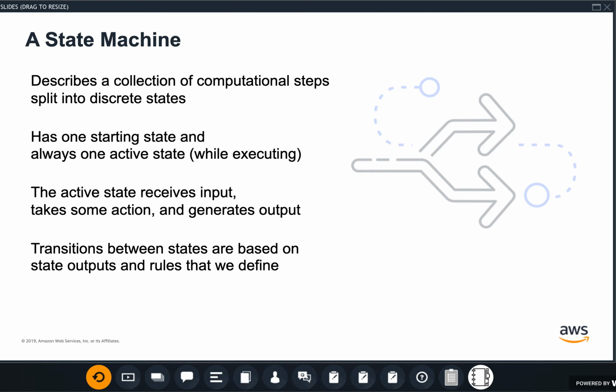And what happens is the active state gets some input, so that'll be the first state at the beginning. You're going to start your state machine by giving it some input. It will take some action using that input, and it's going to generate some output. And then based on that output, the state machine decides what's the next state that I go into. And the state machine just transitions from one state to the next based on these outputs and the rules that